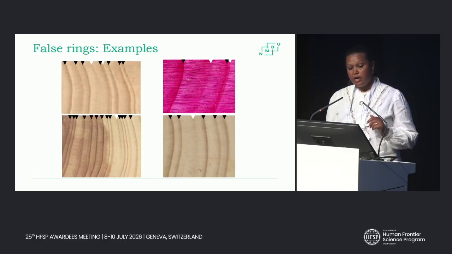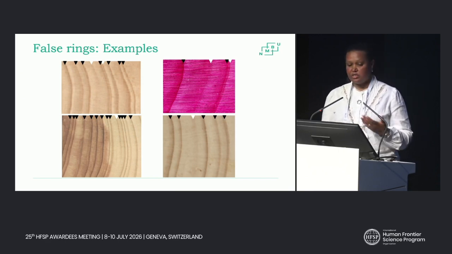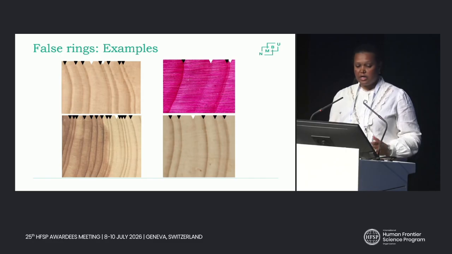The pointers above each image, the black ones indicate the true ring or the annual ring, and the white ones indicate the false ring. So in dendrochronology, typically the aim is to precisely identify the annual rings, also characterize the tree ring, measure or quantify the different properties, and extract the target information.